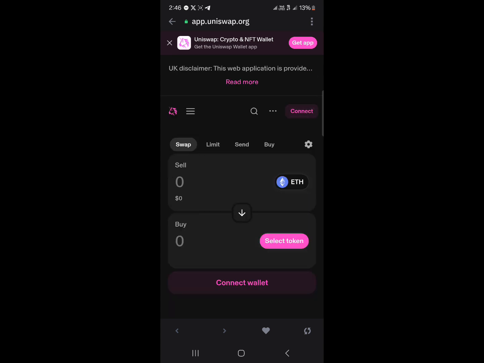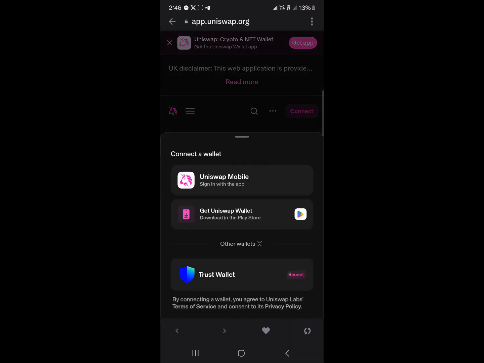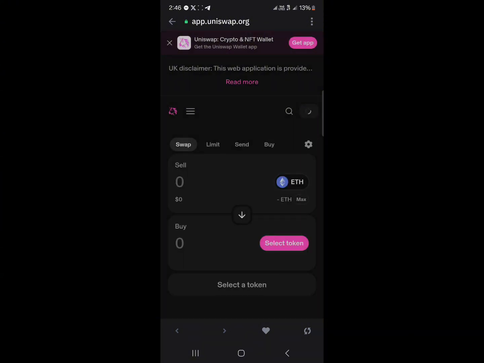Once the site has loaded up, click on Connect Wallet. Select the Trust Wallet as the wallet you wish to connect. And once the connection has been completed, where it says Sell Ethereum, receive the SPX6900 or select token, click on